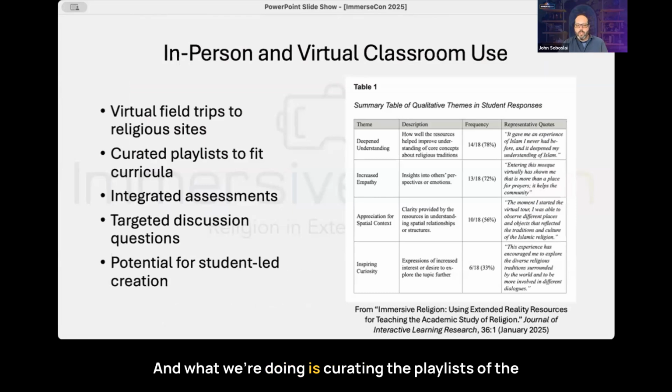It's really all stemming from this desire to give students the ability to do these virtual field trips. And what we're doing is curating the playlists of the experiences themselves, as well as the additional interviews, to fit different religious studies curricula. We're working with other professors across the country. They want something that engages their students beyond, let's read this text and let's talk about what these people do. For that reason, we're integrating assessments, quizzes, discussion posts, and site visits that guide students in what they want to see and what they should see, with targeted discussion questions that to some extent make them less able to use